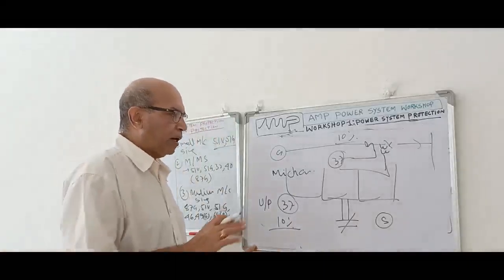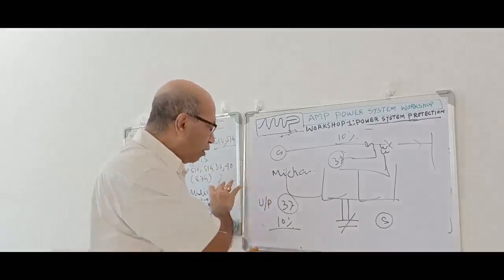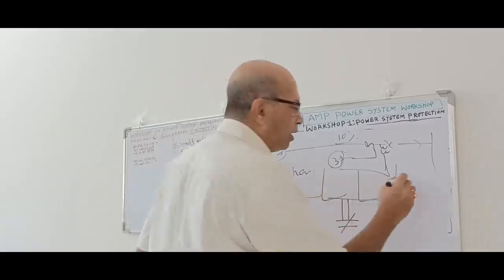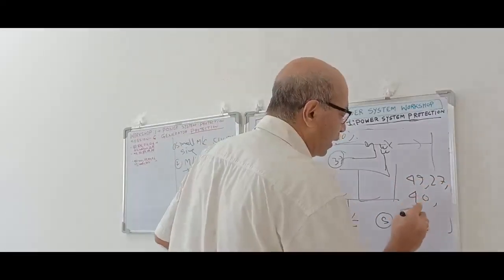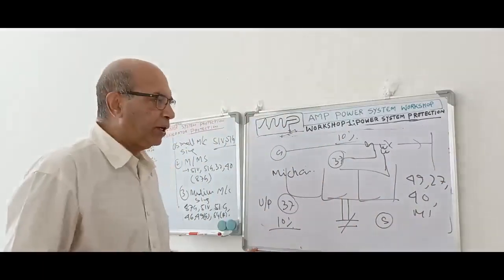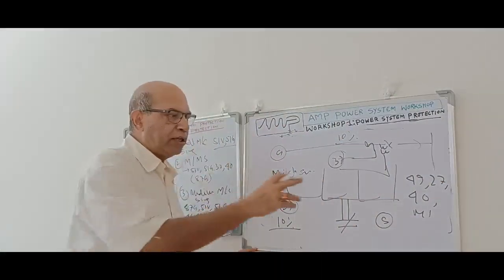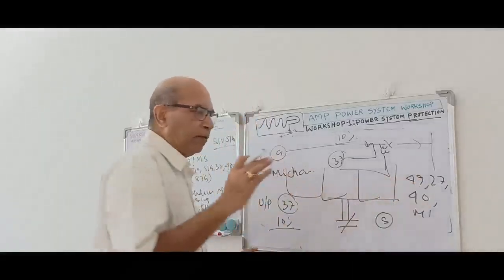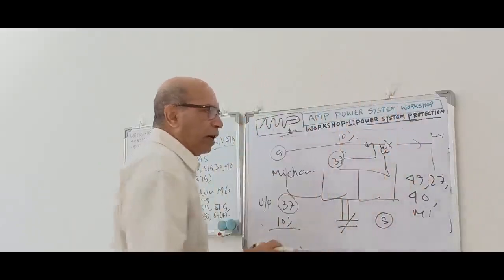Then we will understand that the generator is producing power, but it has reduced, because when any of these protections, which we mentioned, 49, 27, 40, or minor mechanical, operate, I need not trip the machine immediately. What we will do is, when this gives an alarm, then on stage alarm, immediately I will gradually throw off the load.